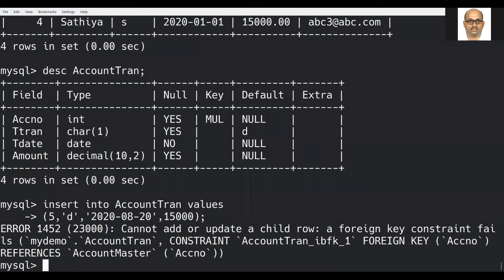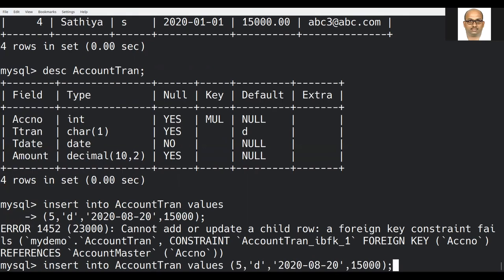See here, cannot add or update a child row. What is the child row? This one. 5 is the child row. A foreign key constraint fails. That is, it references the account master account number. You don't have it. How to overcome this particular error? Can I give it as 4?